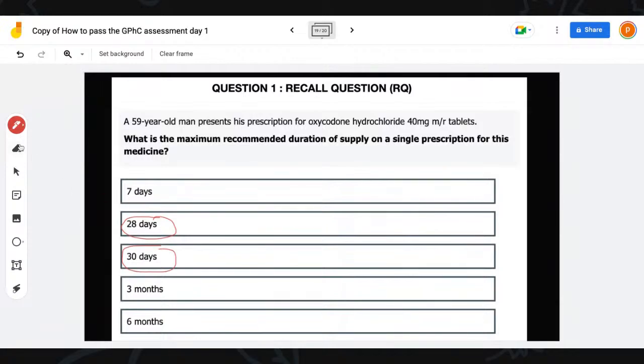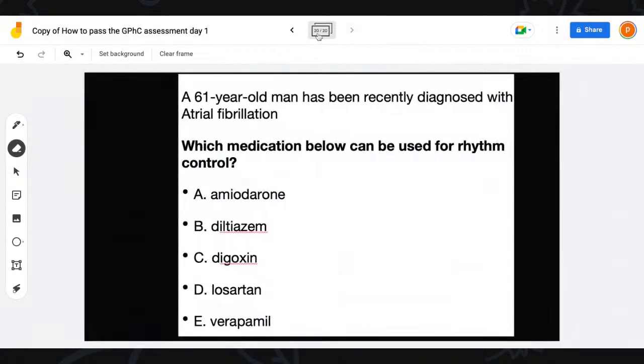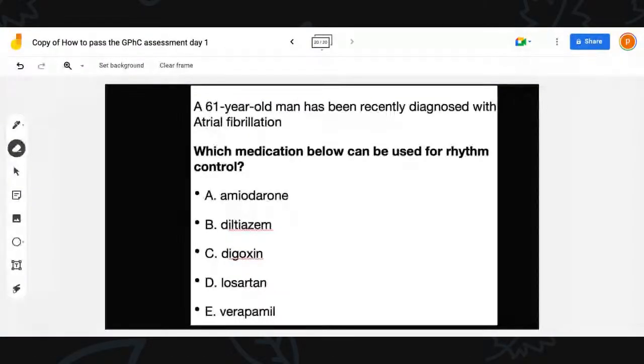So today you're going to see the difference, where we're going to have analysis type questions, and in analysis type questions, there is more than one plausible answer. Hence the reason why most of you with this sort of question get to a point where you can eliminate A, B, C, but then you are stuck on what to choose between D and E, and then you end up getting the question wrong. So this is what we did yesterday, and then we ended up with one question, which I gave you, and I said to you, this question is an example of an analysis type question, which is what we're going to focus on today.